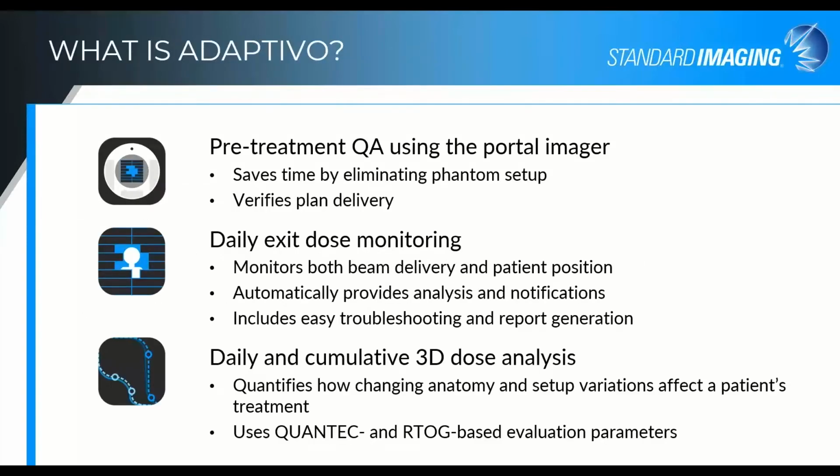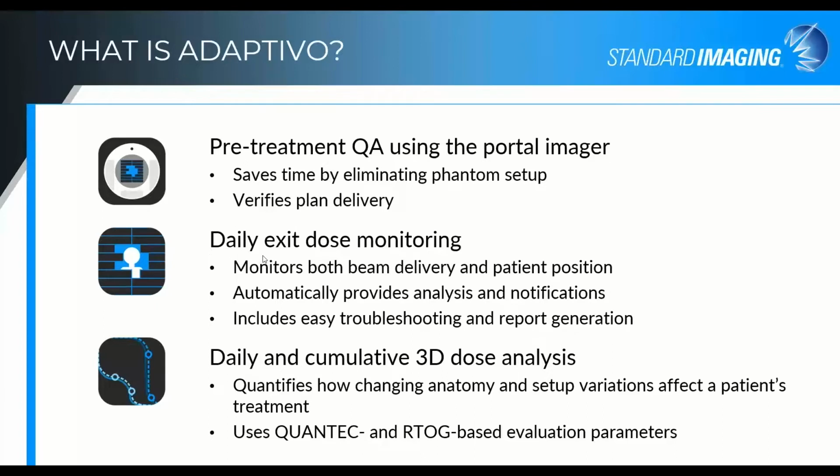So what is Adaptivo? There are 3 separate modules, and the first one is the pre-treatment QA module. It does pre-treatment QA using the portal imager. And with the pre-treatment option, you save time by eliminating phantom setup in order to verify your planned delivery. The second module